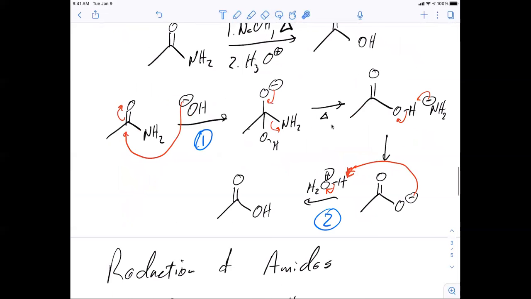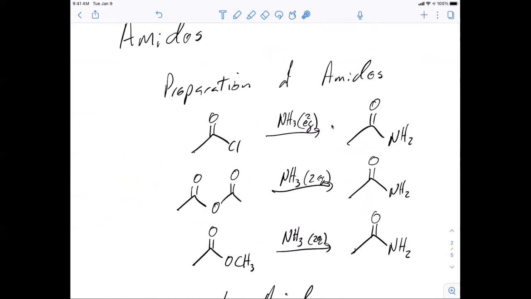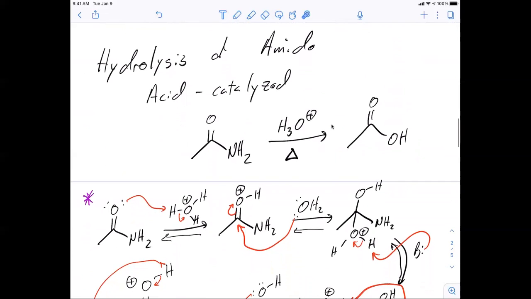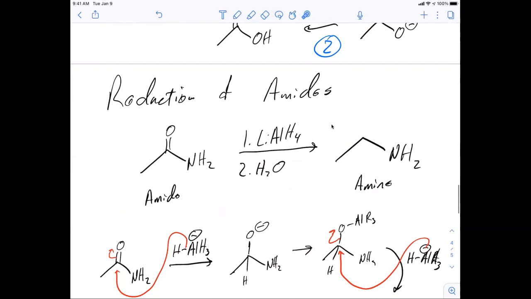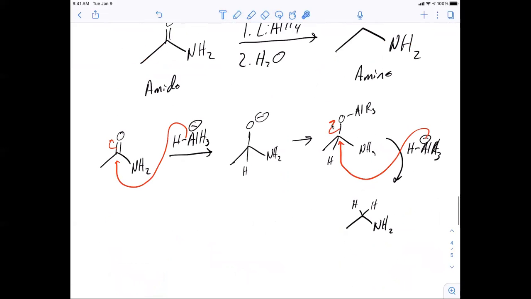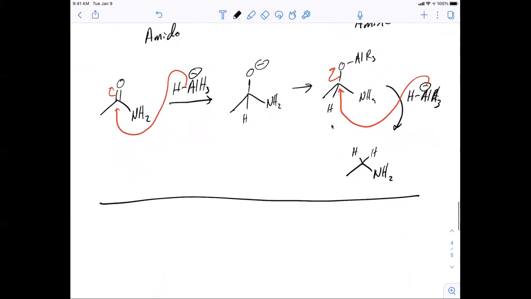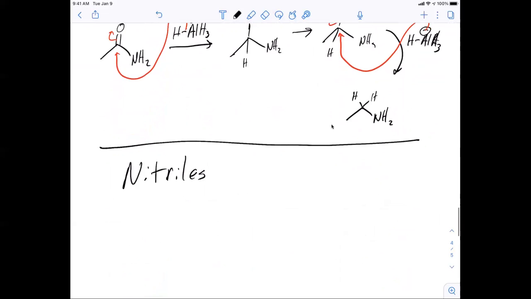Okay, so for nitriles, we already know how to make those. We can make those from our other acid derivatives. We can then turn the amide into a carboxylic acid with either acid or base, right? And then we can reduce amides down to the amine. If we think about nitriles